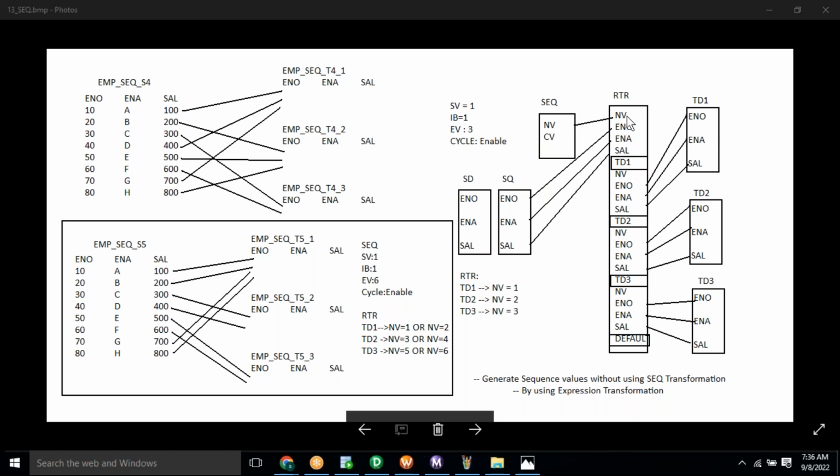Okay, so one will pass to the router, and it will pass those values to the below groups, and for the 7th record the next value will be 1. Okay, and the first group condition will be satisfied and it will be loaded into the first target. Same way, the 8th record's next value will be 2 and it will be loaded into the second target. That's it. So after successful execution, we will get the output in these 3 target tables